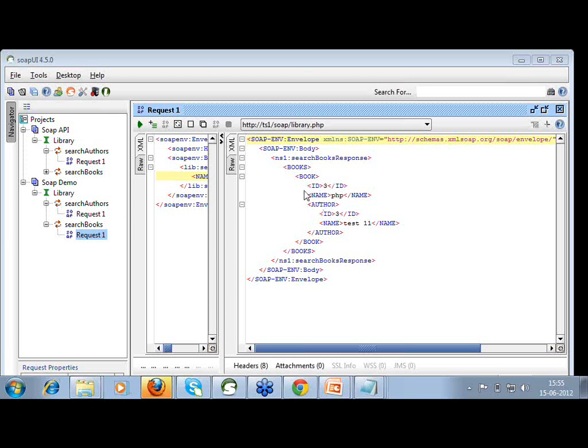Next question came from Vijay Yadav. Is it mandatory to use HTTP protocol for performing CRUD operations in REST-based web services? Yes, in the case of REST or SOAP, we have to have HTTP. Using the HTTP protocol only can we have services, in case of both REST and SOAP.